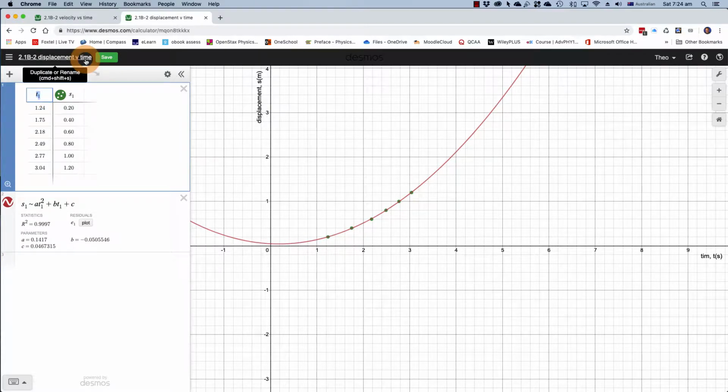I can also change this variable here. Usually it'll appear as x, but I can make it whatever I wish. So I'm going to make it a t to more closely relate to the data I'm collecting, and of course this is going to be an s representing the displacement. So here are my points,